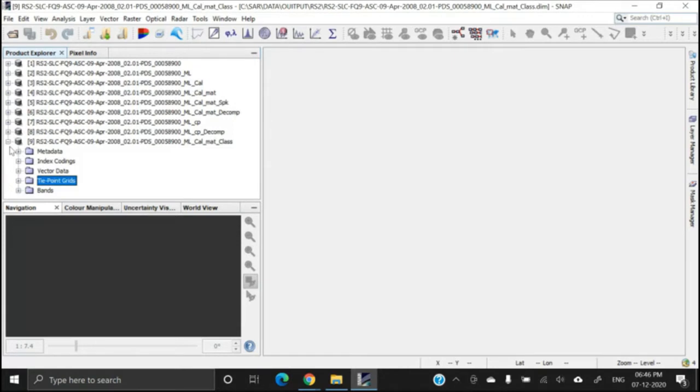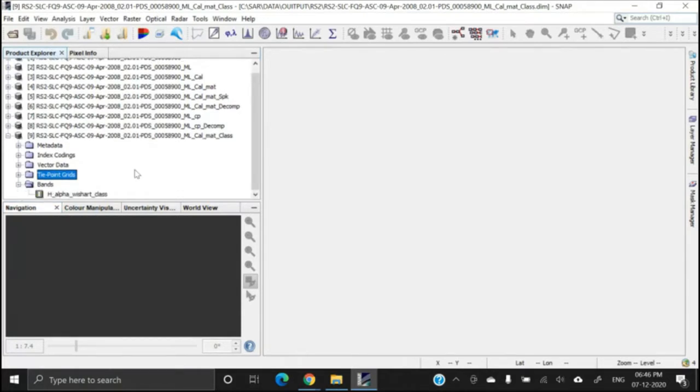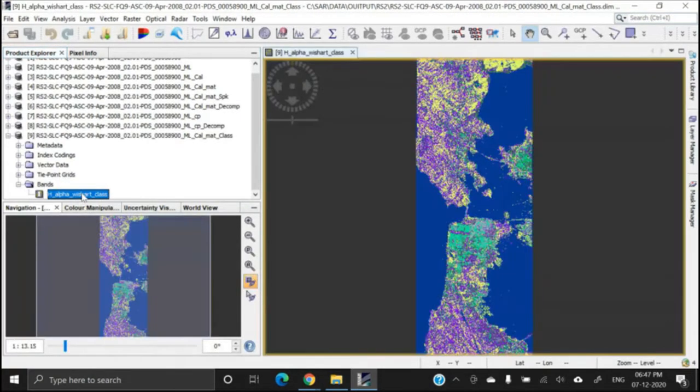So what you have to do is export this classified image, and before exporting, you have to perform terrain correction for georeferencing and all. Anyway, this is the band, H alpha Wishart class. Just double click on it, and this is the classified image.